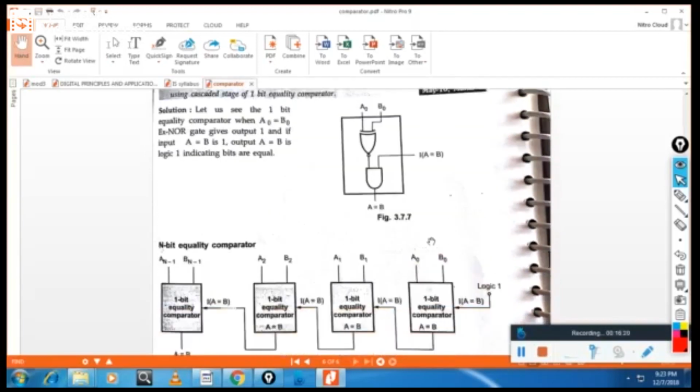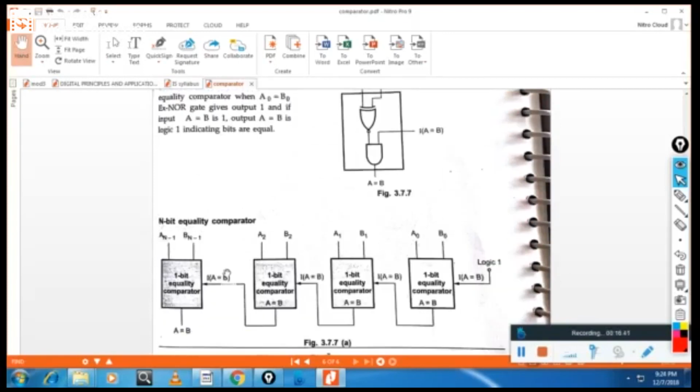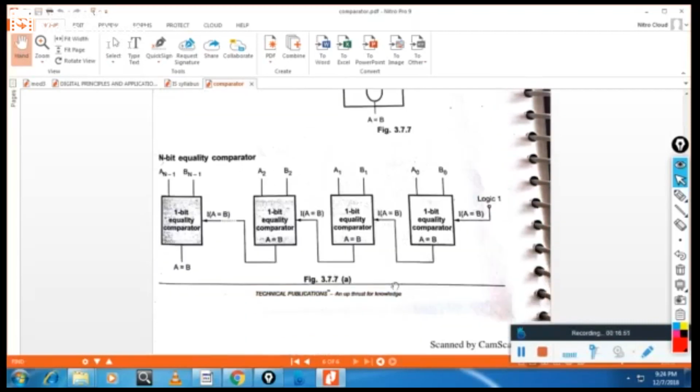So now how to design an n-bit comparator. Here you can see the equality check. I will connect this bit to logic 1. Output of this one is connected to the next one. Output of this one is connected to the next one. Output of this is connected to the next one. Since I have started with bit 0, an n-bit number's last stage is n minus 1. This is called an n-bit equality comparator. I will compare for only equality. Output is connected to the next stage. This is the cascading input. So this is the n-bit equality comparator.